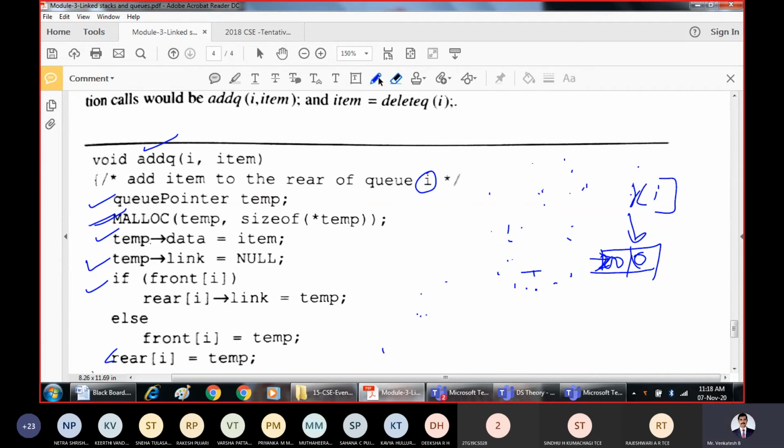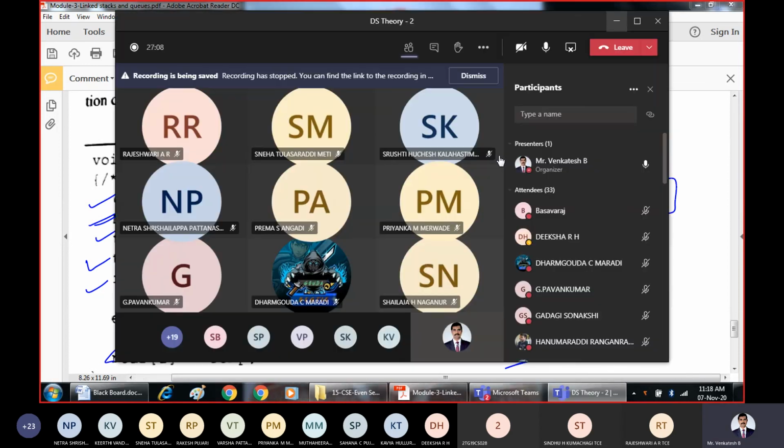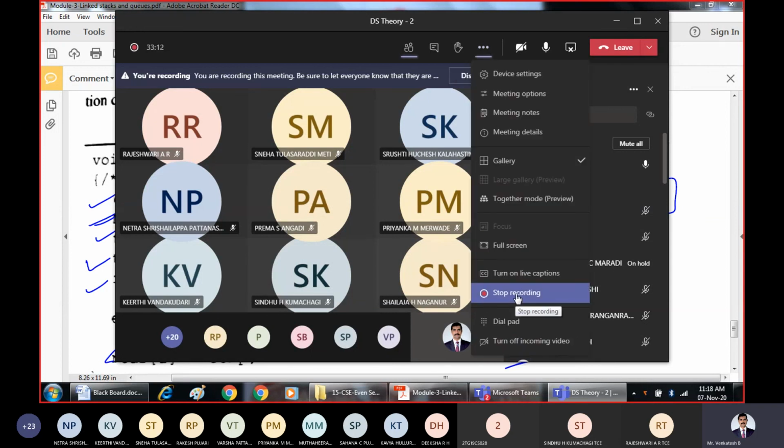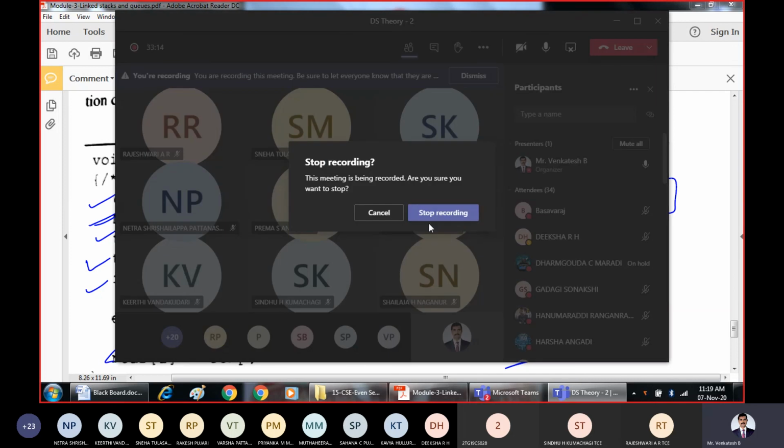When you delete those nodes, this will become f of I, the front node of the linked list. That is how the deletion will work from the multiple queues. So we have seen how to insert an element into the stack and delete an element from the stack, insert an element into the queue and delete an element from the queue, that too in the case of multiple stacks and multiple queues.